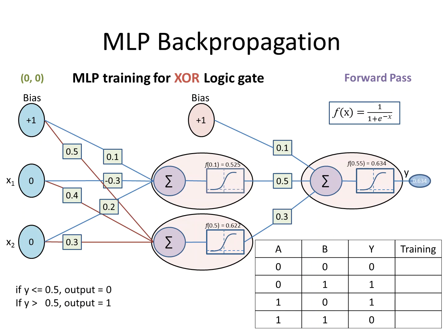Further, now we need to classify it, because for the training we need the output as 0 or 1. In this case we are considering that if the output is less than or equal to 0.5, then we will consider the output as 0, and if it is greater than 0.5, then we will consider the output as 1. In this case it is greater than 0.5, so the output will be 1, and so it needs some weight modification because we need the output as 0 here.